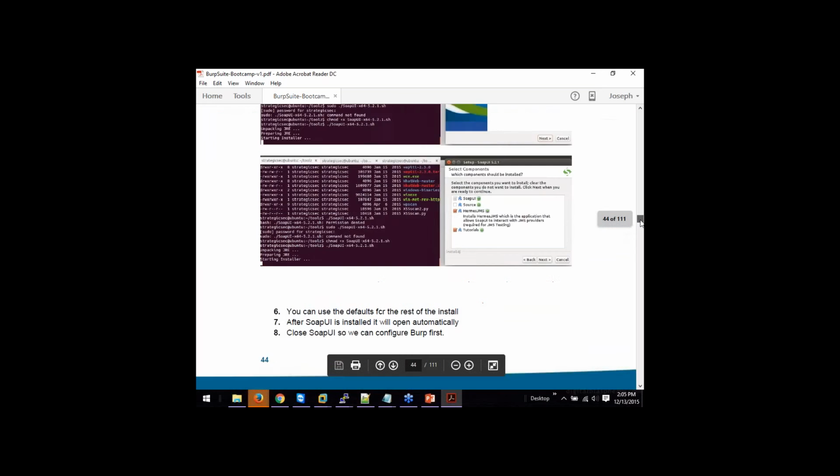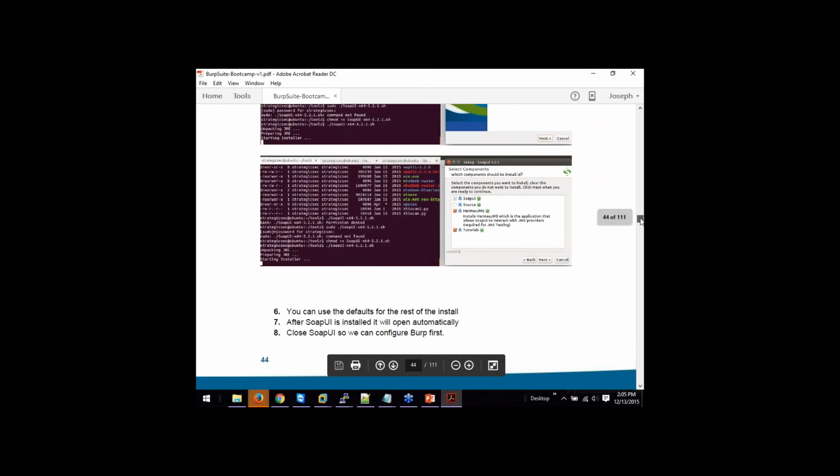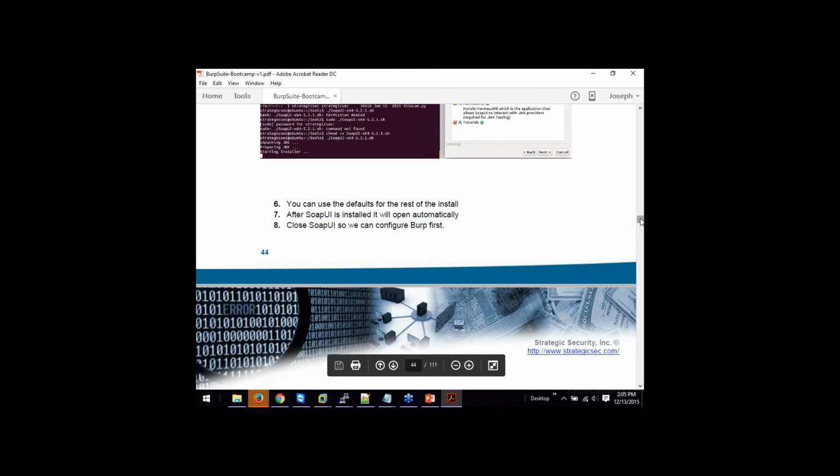So you get this thing fired up, and it's going to go through its little install process, and hopefully you guys can see my screen here. It's going to go through an install process. After that,